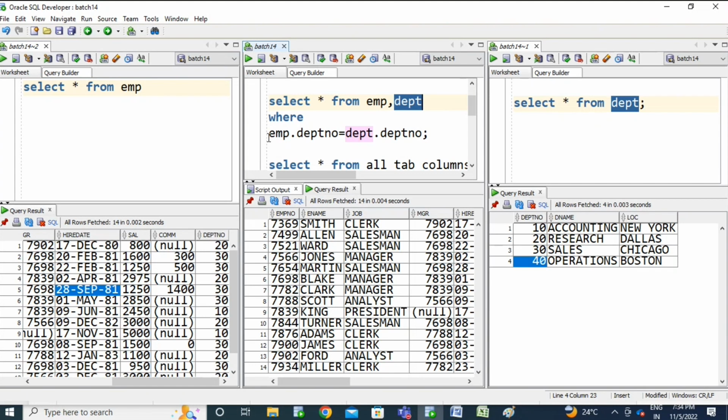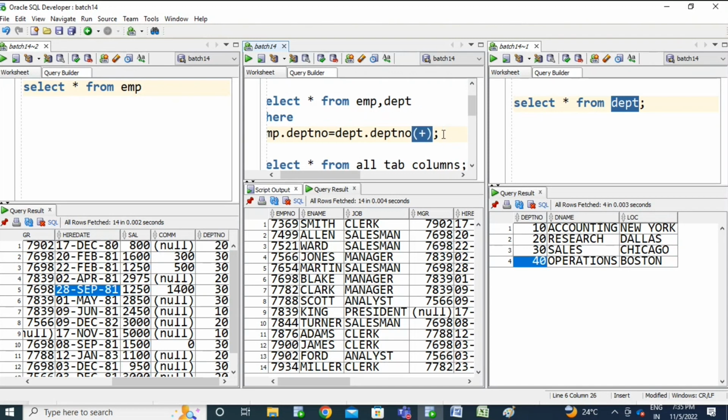Simple. The inner join simply maintains the relation of table A column 1 with table B column 2. If you add the plus symbol, this will act as an outer join. If you use the plus on the right side, you are making it a left outer join.